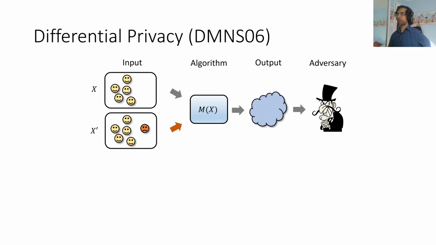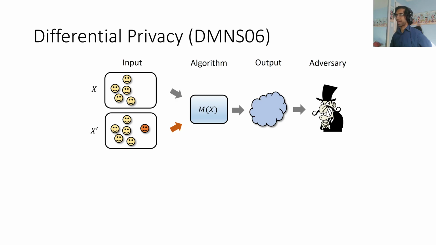Okay, so this is a talk on privacy, so let's talk about what the notion of privacy is. We're going to use differential privacy, a notion introduced by Dwork, McSherry, Nissim, and Smith in 2006. I'm first going to informally describe a type of game which characterizes what it means for an algorithm to be differentially private. There's some algorithm or statistic M which produces an output. An adversary will look at this output, and based on this output, they have to determine which of the two inputs was fed to this algorithm.